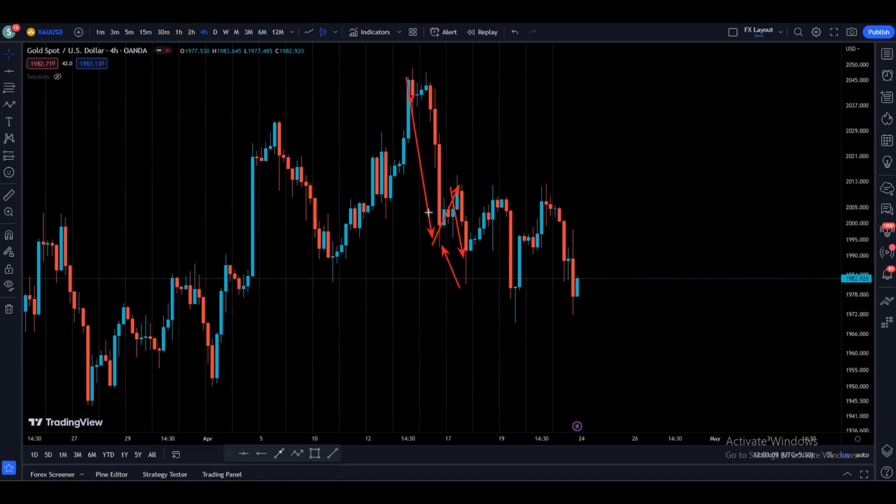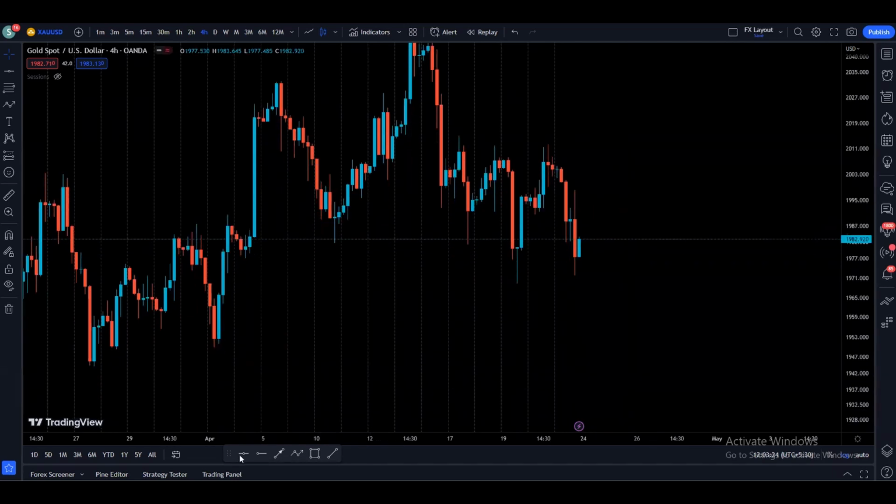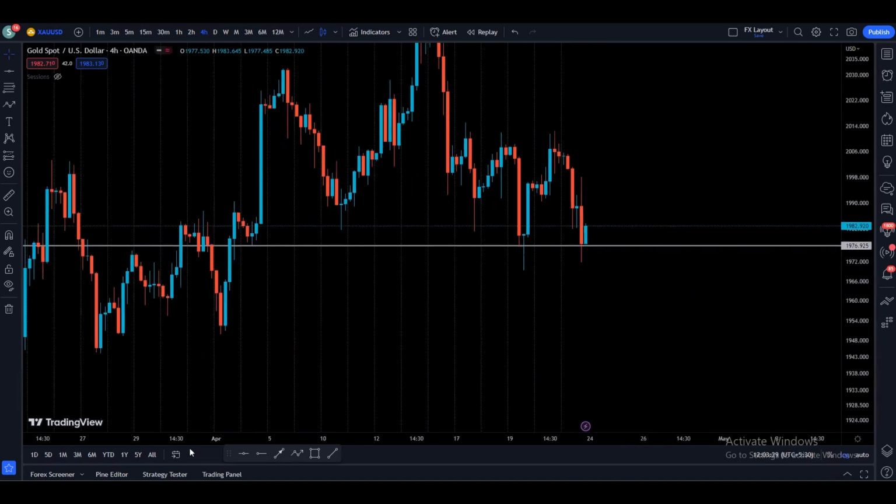So basically what we are doing, we made a low, lower high, lower low, lower high, right? And after that we broke the previous low again and created a new low, and after that a lower high and lower low. So basically the market structure is bearish on the 4-hour time frame as we are making lower lows and lower highs. If we look more closely, we are going to find out that we have this support, and